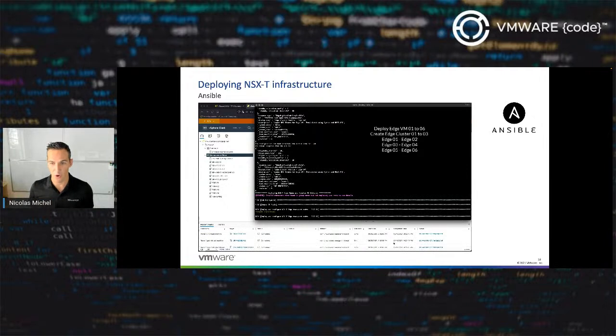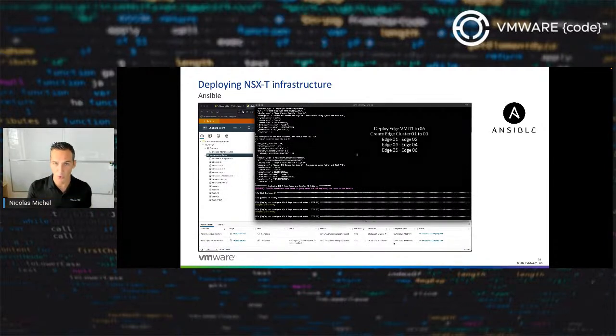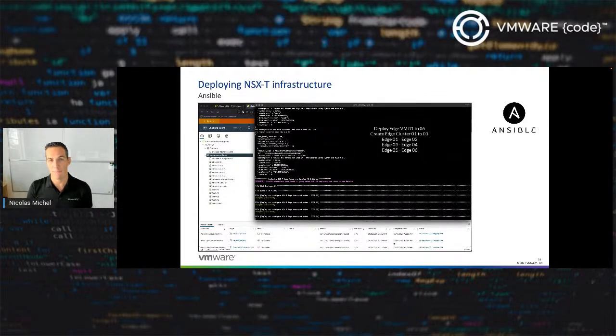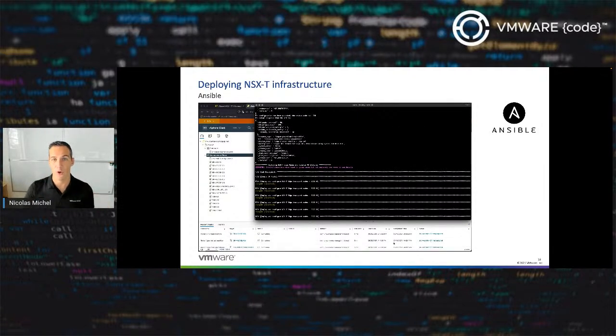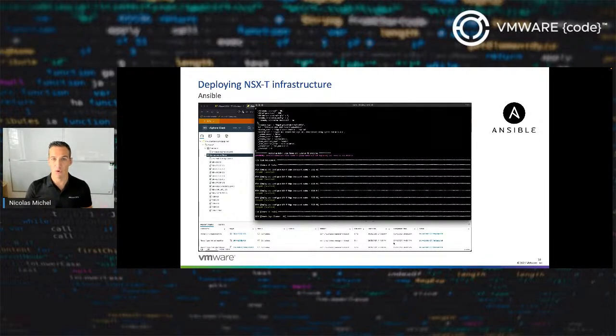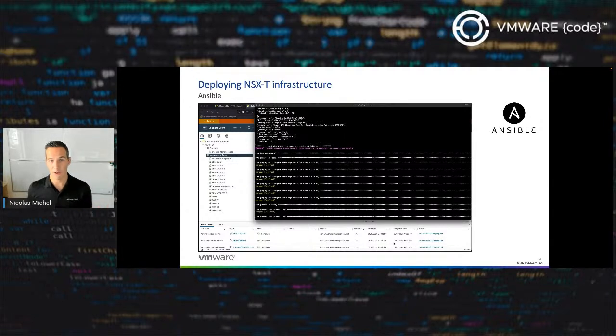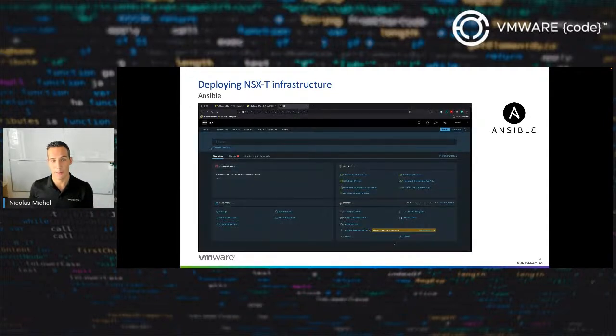And then I deploy. I'm reusing another module in order to deploy all my edge nodes. And with that particular playbook, I was able to install NSX on all my hypervisors and deploy my NSX-T